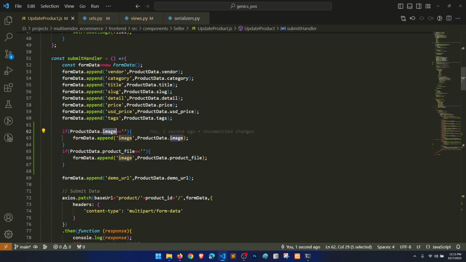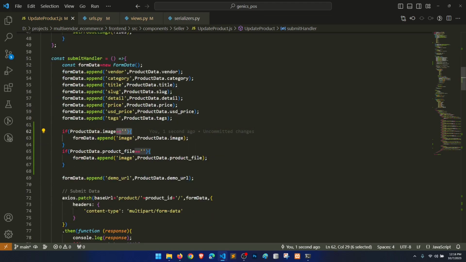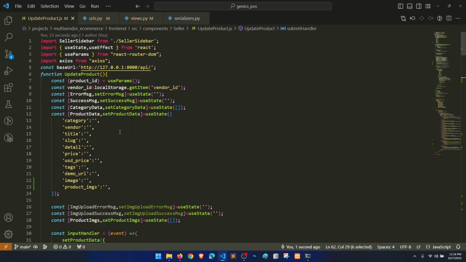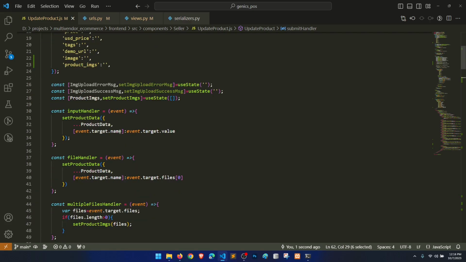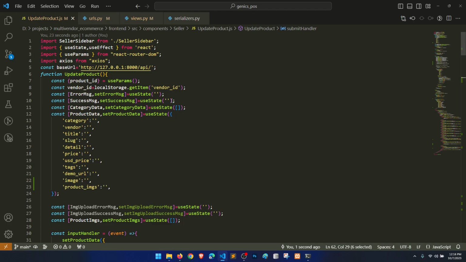Not equal to empty. Actually, we need to check the file. We need to check if this is a file type, right? If this is a file, it means the user has changed something. Let's say input handler, file handler. Let's create